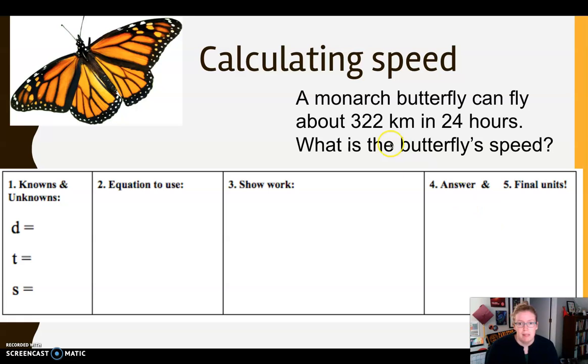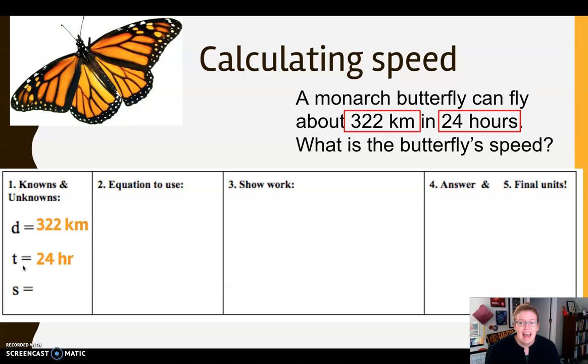Our first practice problem is a monarch butterfly can fly about 322 kilometers in 24 hours. That's pretty far. What is the butterfly's speed? Okay, so first off, we're going to do this first step. What do we know? So I know 322 km, and that's actually the distance, so I'm going to write that in my chart. And I know 24 hours. Hours tell me a time measurement, so I'm going to write that down as time,